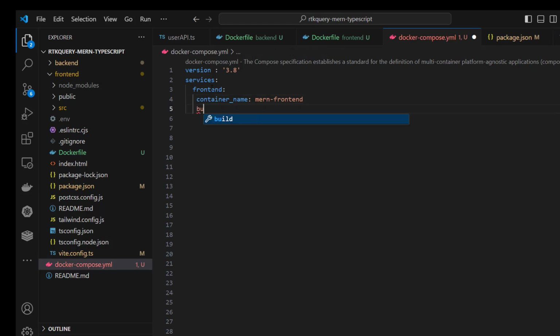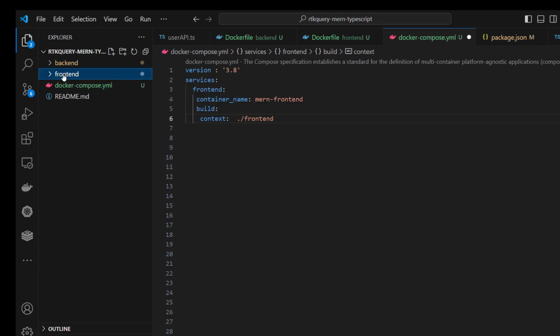Okay, build. It will build the Docker build from context frontend. Dot frontend means what is the file. If it is dot frontend, it will reach up to frontend. Okay, so build, then